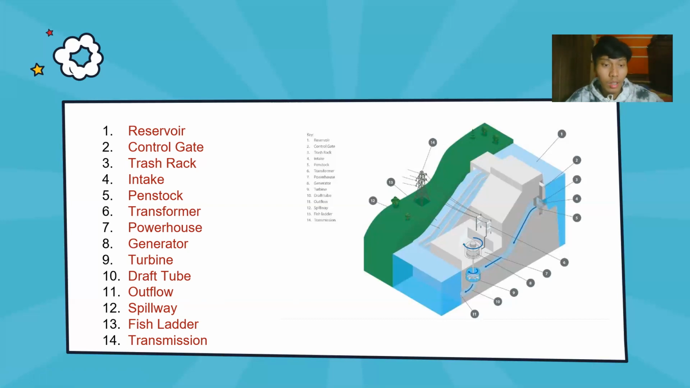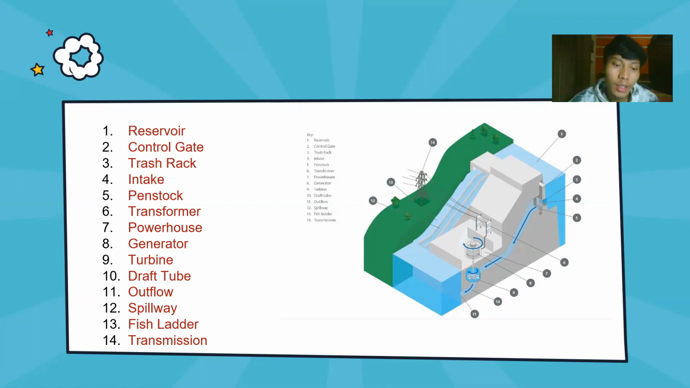Number 12 is the spillway. The spillway serves to remove excess reservoir water so that the water does not overtop, which can harm the dam. Number 13 is the fish ladder. The fish ladder serves as a means of migrating fish so that fish are able to pass through the high